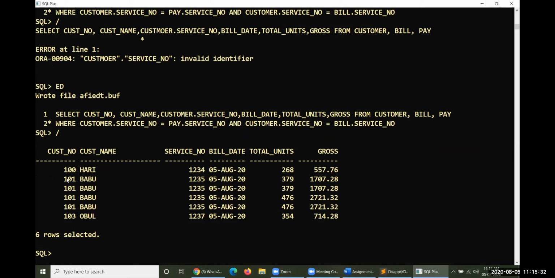Okay, so here the same value could be displayed several times. There is no problem at all, but it could be displayed that way because the data will be displayed that number of times. So that is the basic point you need to understand. Okay, so this is the way. This is the query.